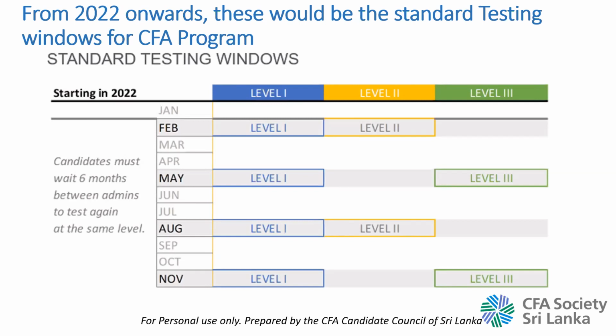So this also means that, theoretically, if you plan things out well and you're very confident, given the way they have structured it, it's possible to complete all 3 exams in about 1.5 years. If you start in February, you do the level 1 exam in that year, then in August you would take the level 2, and then May of the following year, you take the level 3. So theoretically it's feasible if you're capable and you feel confident to do that. But this is the regular cycle that they're expecting in terms of the exam taking going forward.